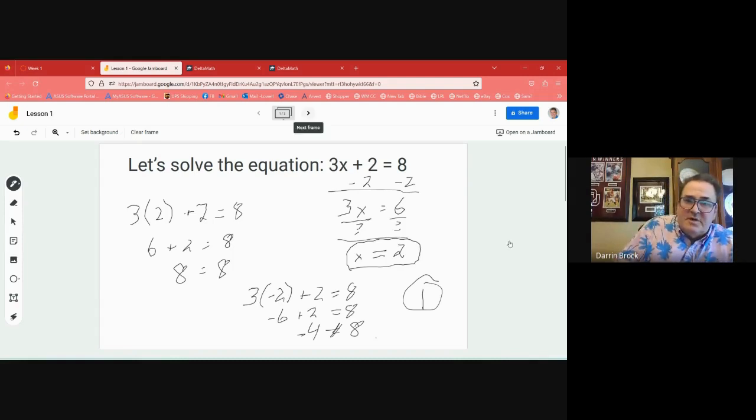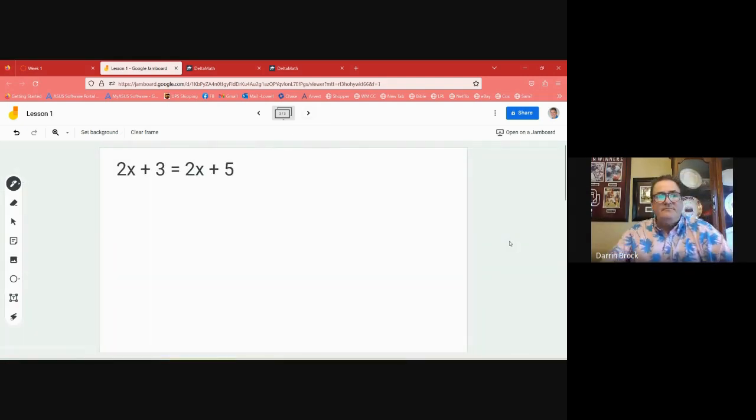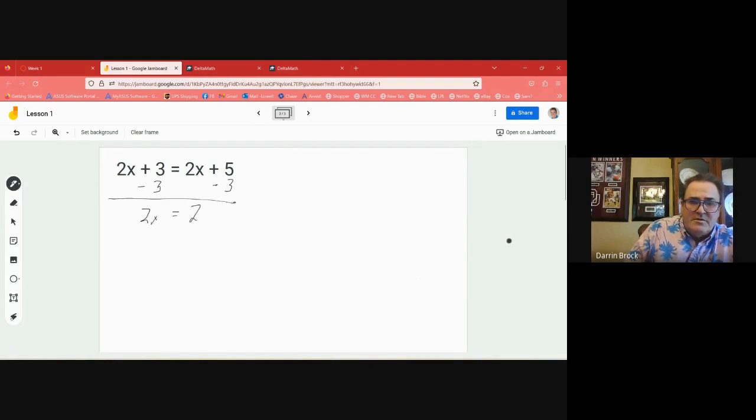So let's look at our next problem. I want to do this one together. All right, we have 2x + 3 = 2x + 5. Again, we want to isolate x to get x by itself. So the first thing, just like Emery had pointed out in our last problem, is we need to move what's not an x to the other side. So we're going to subtract 3. All right, so we have 2x = 2x